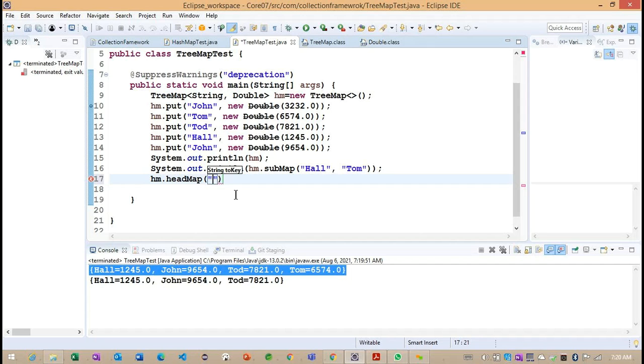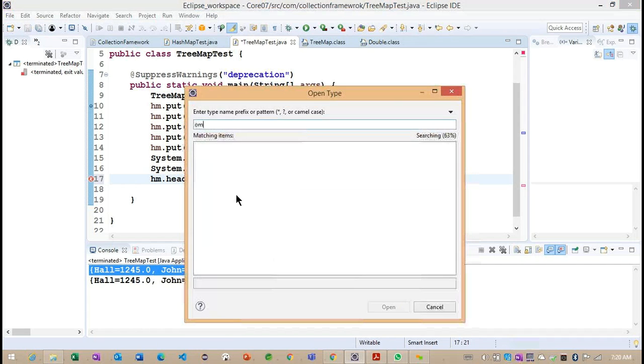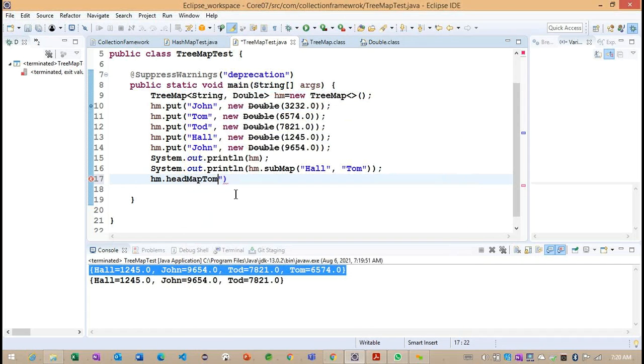That section of code I'm going to provide as a toKey. The toKey I want to provide is Tom here.